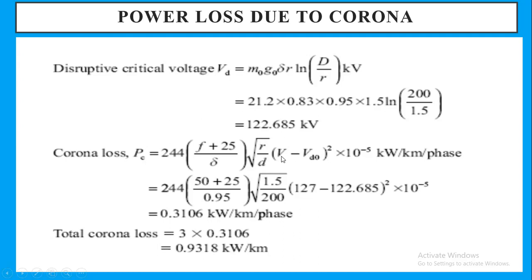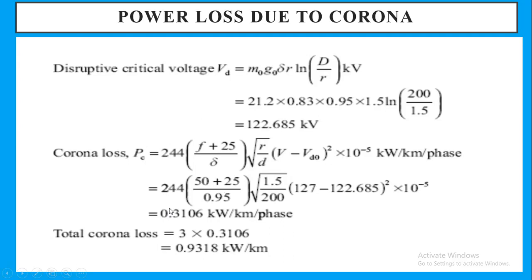So the line voltage is 220 kV, and the disruptive critical voltage Vd we found is 122.685 kV. This is the critical voltage at which disturbance and deformation of voltages occur due to these effects. The result is multiplied by 10 to the power minus 5, in kilowatt per kilometer per phase. Further, we put all the given values in the formula, and after simplification,